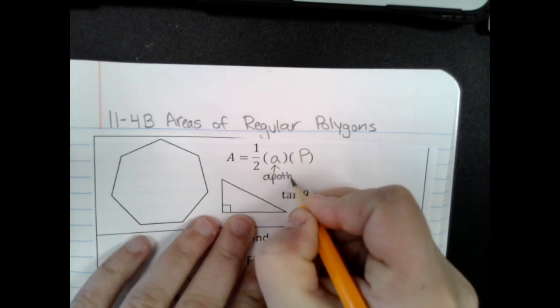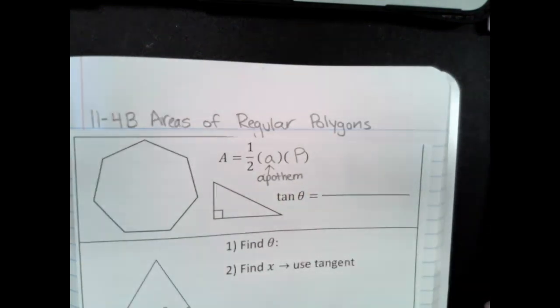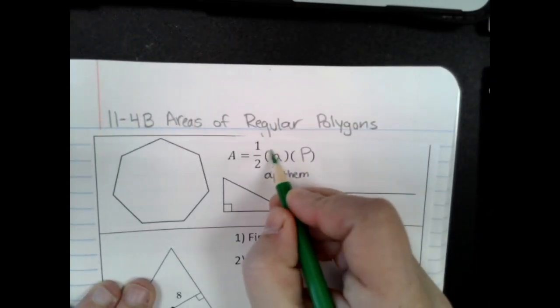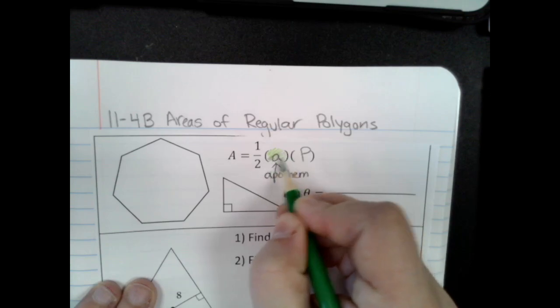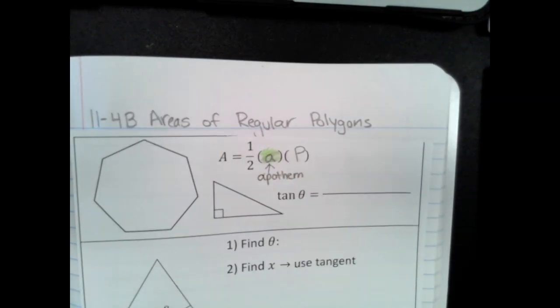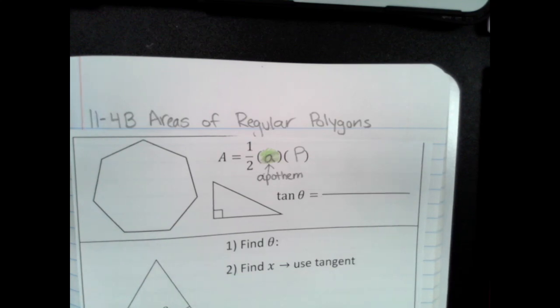Okay, and apothem, we're going to use the color green today for apothem. The reason I'm using green is specifically because it matches your homework. So remember, an apothem goes...